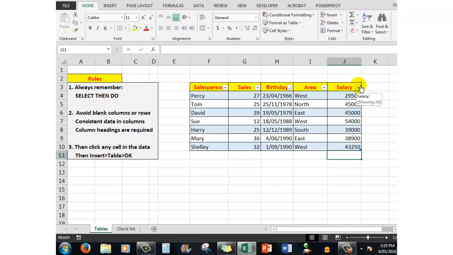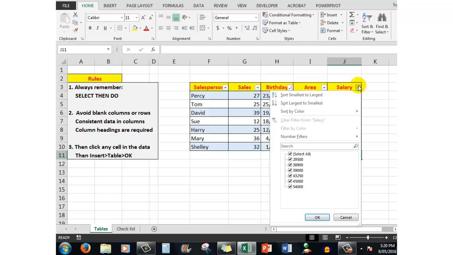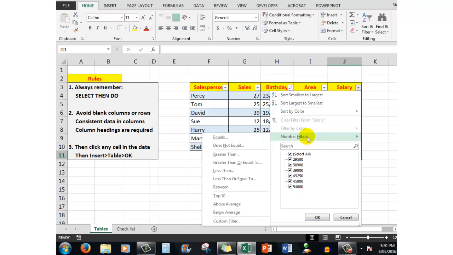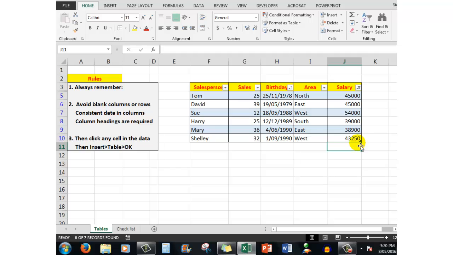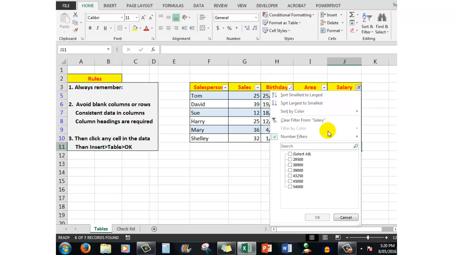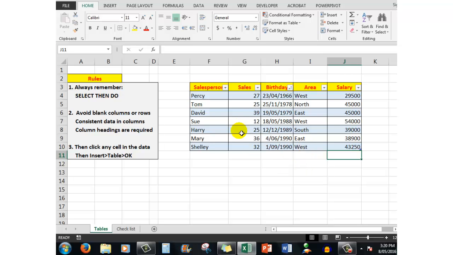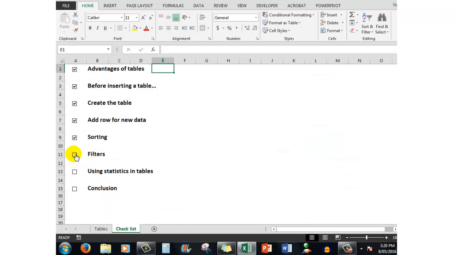Let's say I wanted to look at the salaries, and I only want to see those people who earn more than 38,000. I'll click on the filter, and this time number filters, greater than 38,000. Let's see who pops up. There we are. They're the only people. There are a couple there that didn't appear. So now I'm going to click on salaries and clear the filter in the salaries, having done my analysis, and we're back to where we were in the step before. So back to the checklist, filters we can tick,